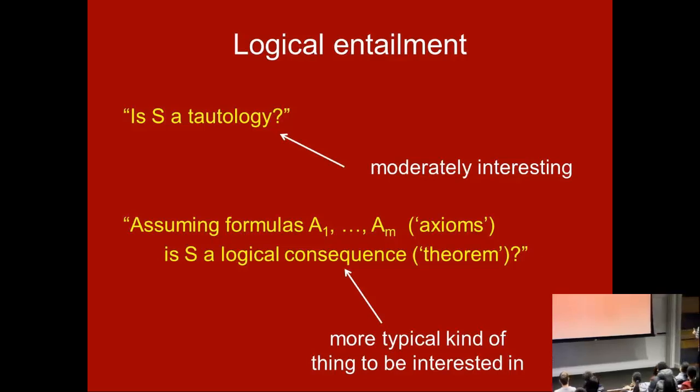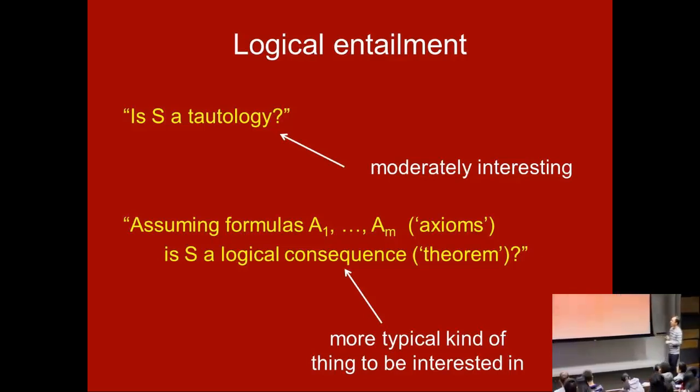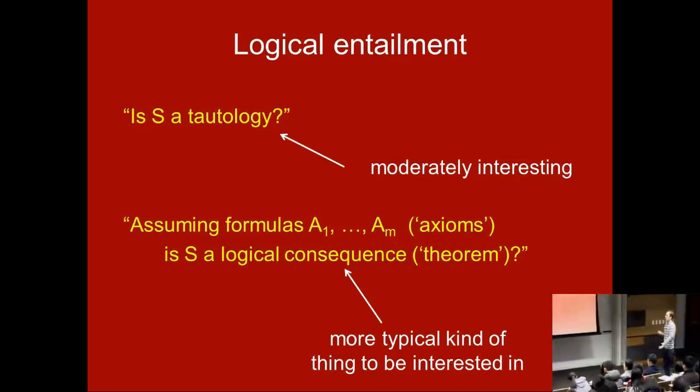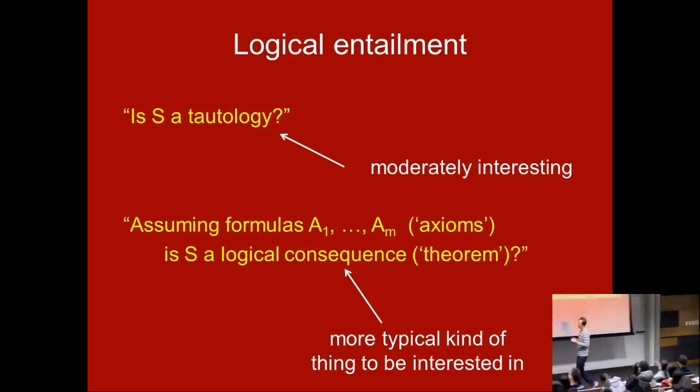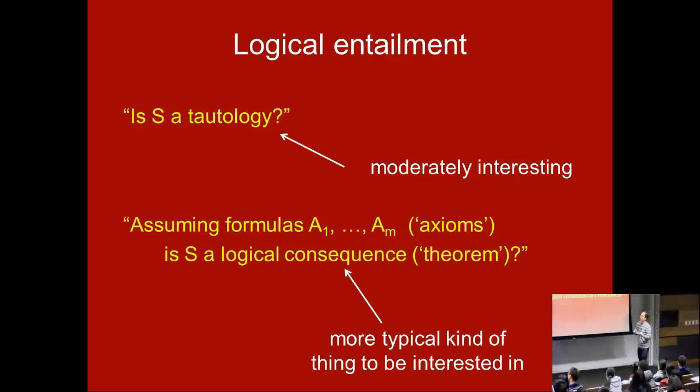Okay, one more definition, I think, before we get on to another section about circuits. That's logical entailment. We've been talking a lot about whether a sentence S is a tautology. That's an interesting question to ask, but in normal uses of logic, it's not the normal question you ask. You usually are more interested in questions like this. Suppose I have some formulas, A1 through AM, maybe called axioms, that I assume are true. Does that imply that S is also true? Somehow, is S a logical consequence of these formulas? I'm not asking if S is always true. I'm asking if it follows from these formulas, if it's true whenever the axioms are true.